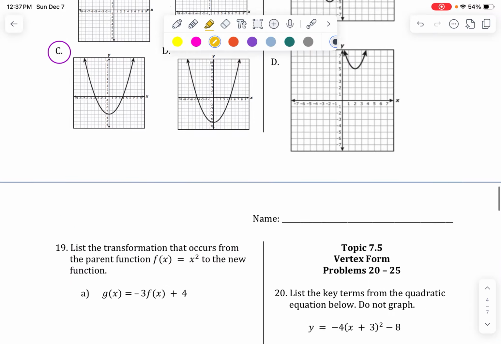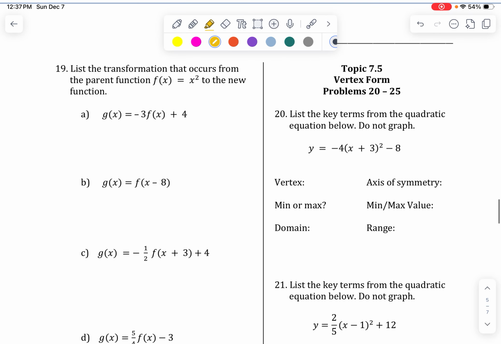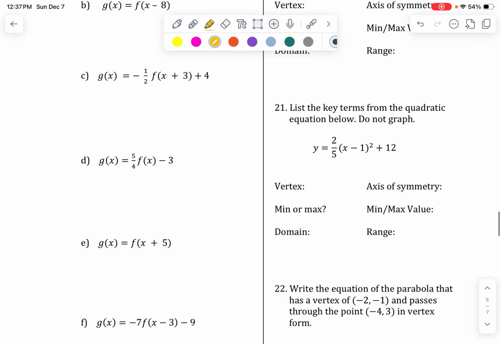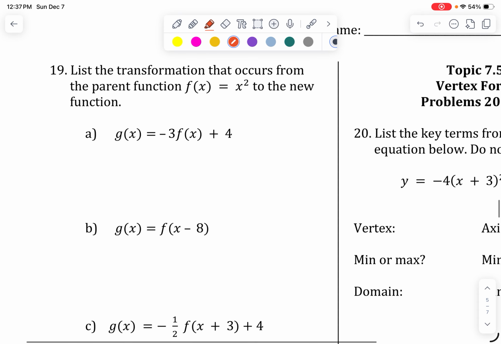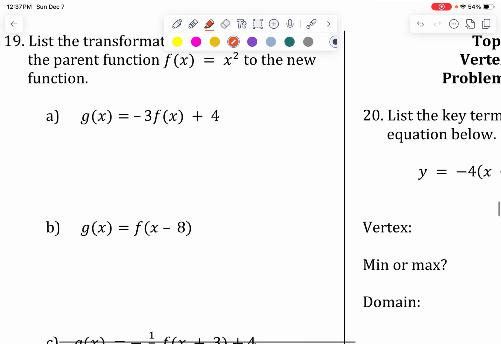All right, hopping over here, it says list all the parent functions that are happening to the parent quadratic function. We're just going to go through this list. I think this takes care of topic number 4, so it's going to be a short video. On A, a lot of people look at A initially and they think there's only 2 transformations,